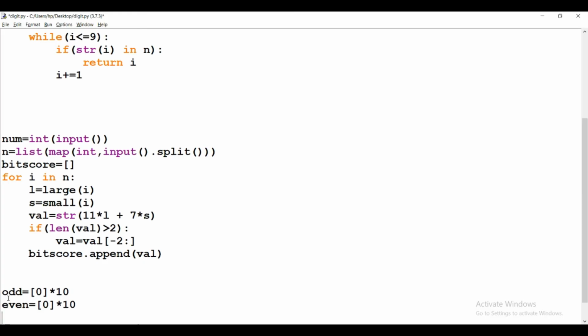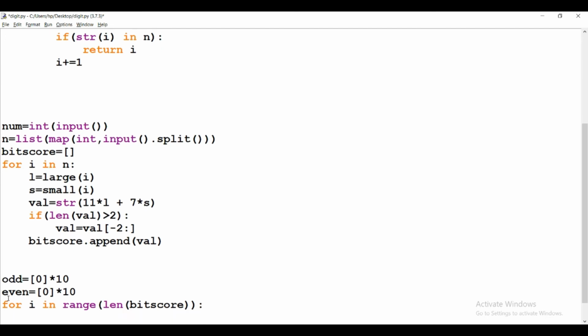So now what I will do: for i in range of length of bit score. First I calculate the indexing.